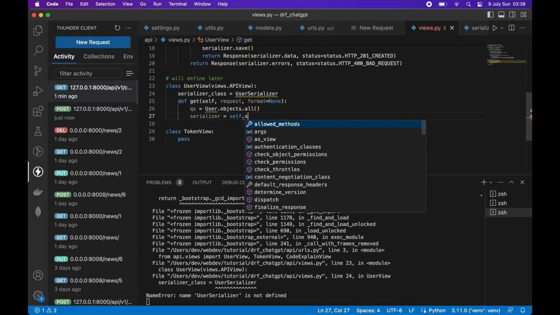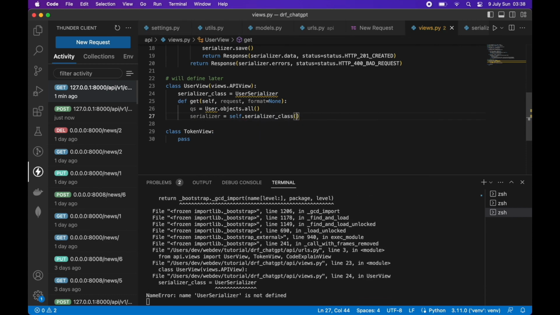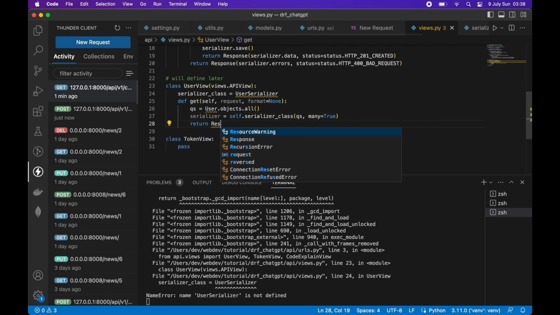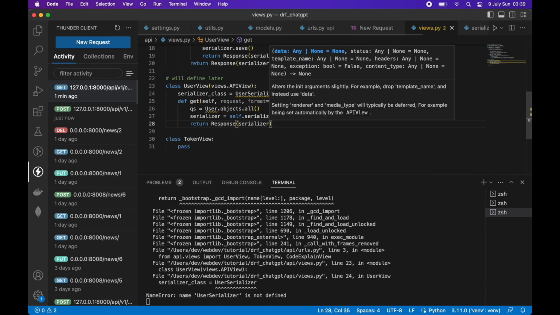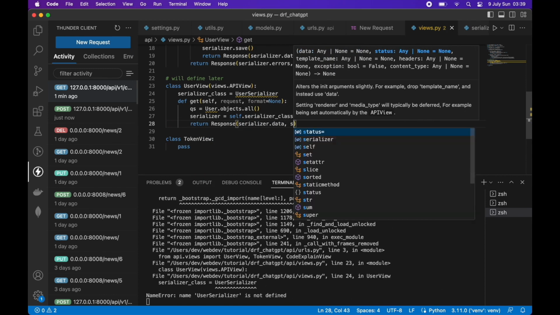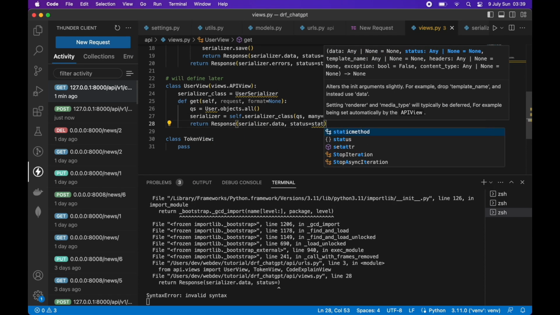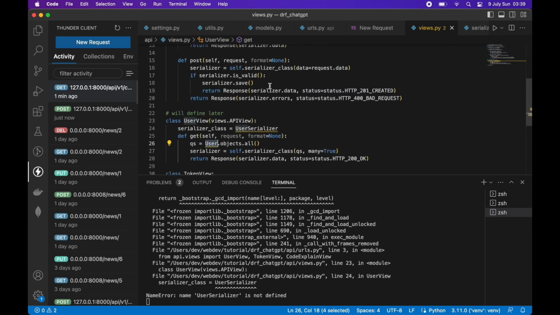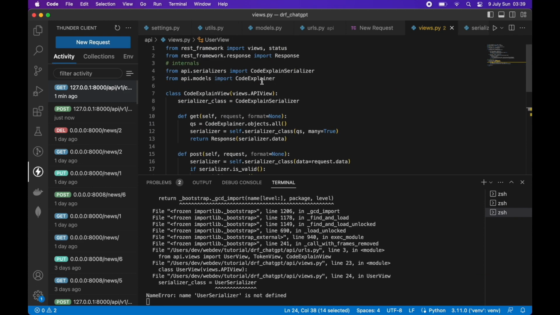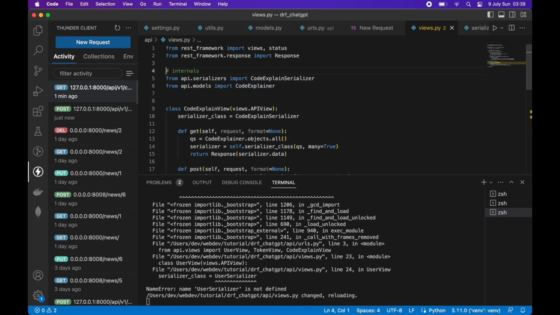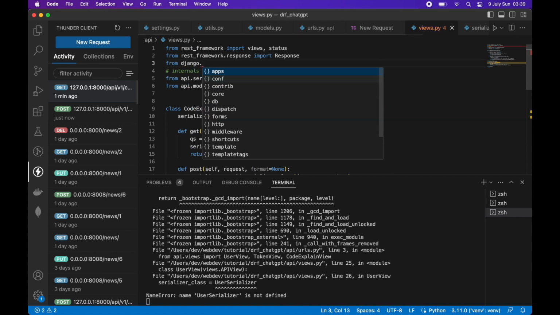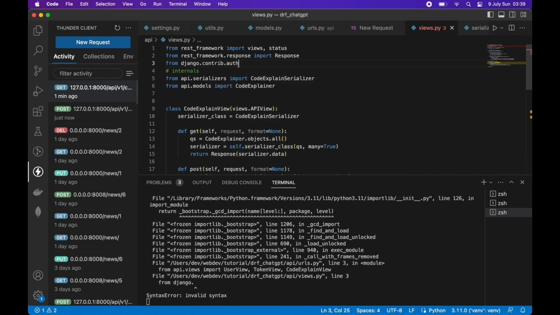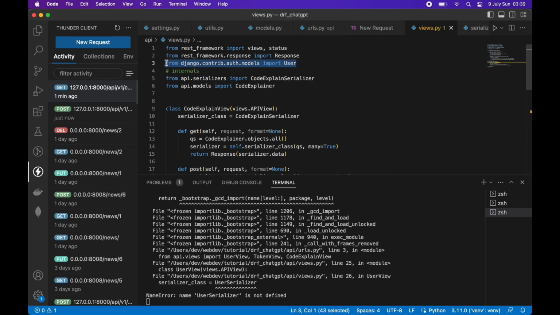In the get function, we are instantiating the serializer class and passing this query set and also many as true. We'll be returning a response to the client with serializer.data and also status as status.HTTP_200_OK. We are going to import User and UserSerializer. First of all, we'll be importing the User model from django.contrib.auth.models import User. We are using the default Django user model,